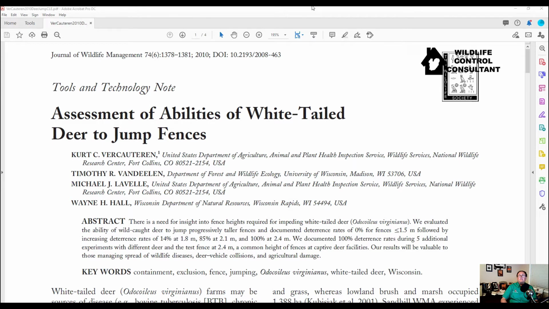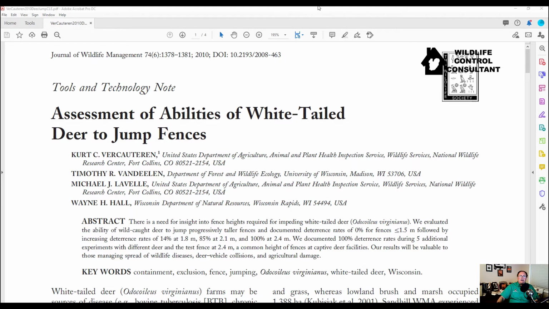Because I think every wildlife control operator should try to read one journal article a week. And that's not a lot, because these journal articles are not that long. In fact, this one that I'm going to talk about today is only 4 pages. And you don't even have to read all of it if you don't want to. And you'll still get the main points out of that journal article without losing anything. All right, so let's get started.